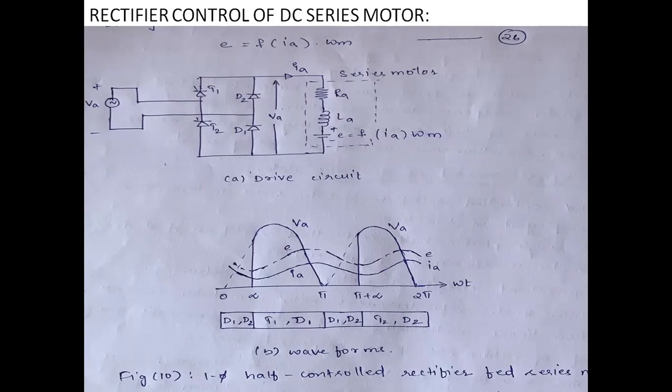The equivalent circuit of this drive, which I have just explained, is shown in figure A as the drive circuit. As we know, back EMF decreases with the armature current, so discontinuous conduction only occurs in a narrow region of operation. As this discontinuous conduction occurs in a narrow region, we can neglect it because it is a small area, and if we neglect it, continuous conduction can be analyzed.